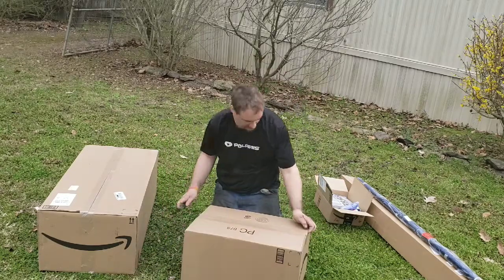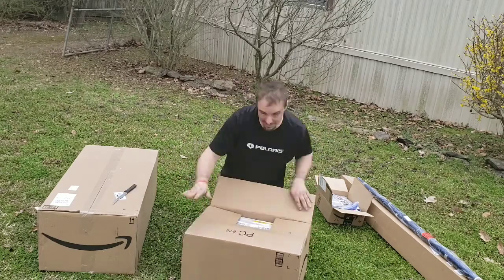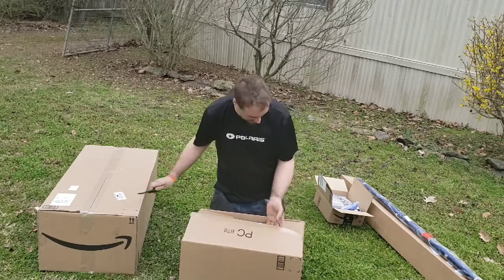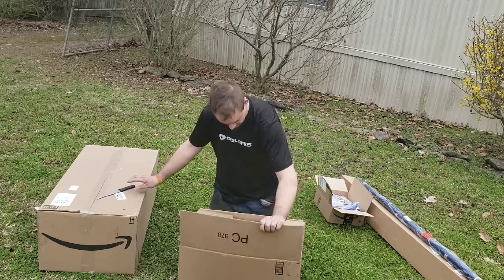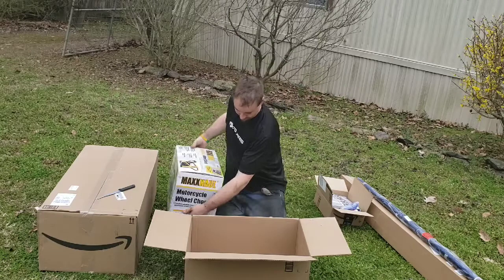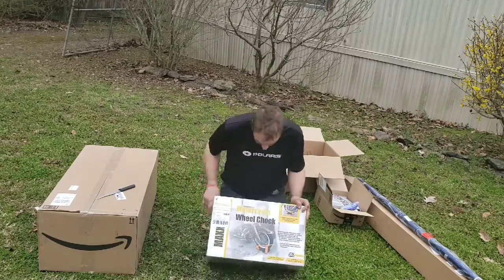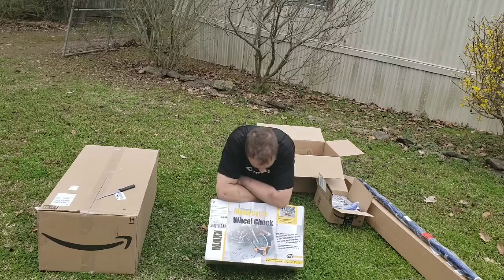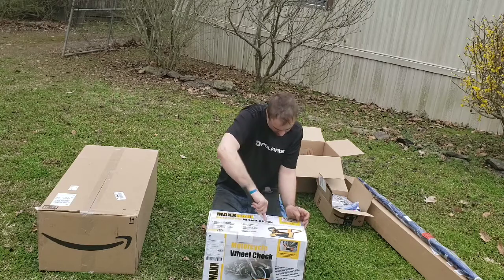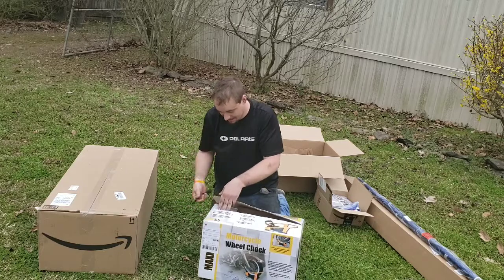Larger. We're going to end with the grand finale, but yep, this is exactly what I thought it was. This is for the trailer. It is a motorcycle wheel chock kit. It's not the most expensive one in the world. It's also not the cheapest one on Amazon because, well, I'm trusting